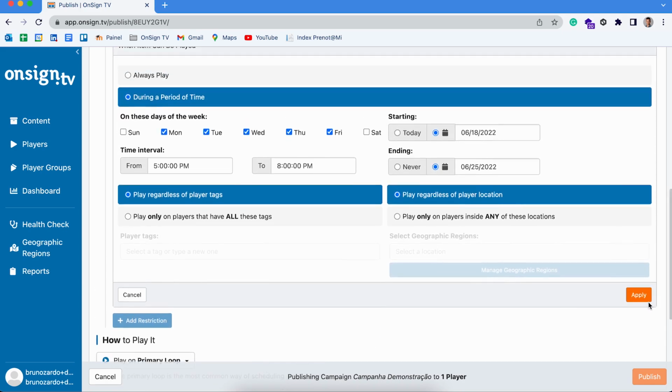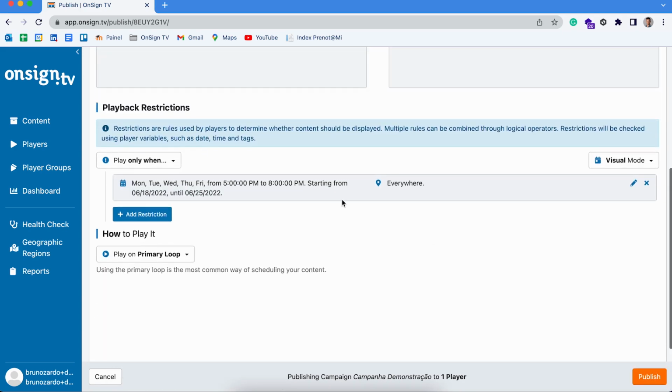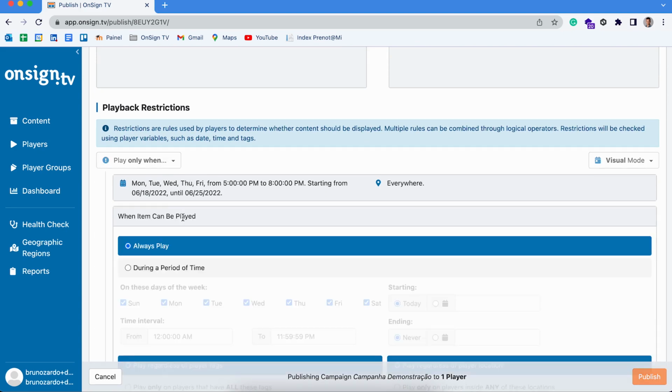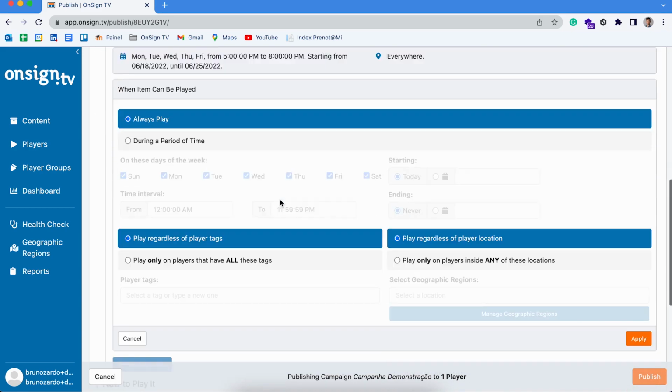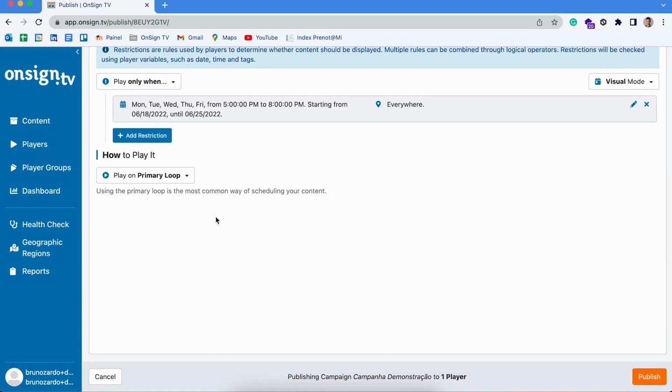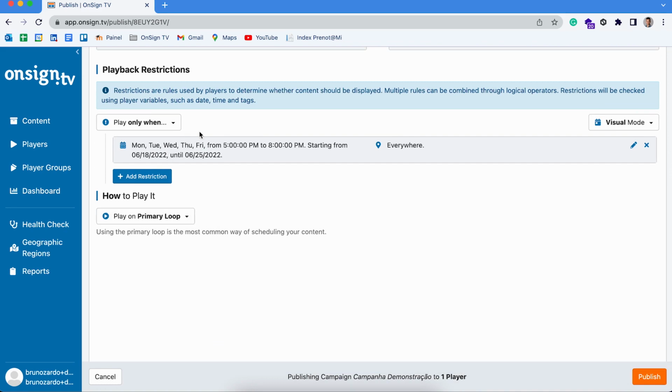I could click in apply, and that would be applying the restrictions that we just created. We could be adding more restrictions, and simply add them on to this first one. Let's just click here and cancel. Let's say that we're good with this restriction, and now I would like to change the way this